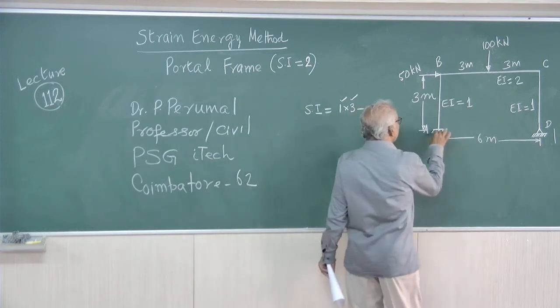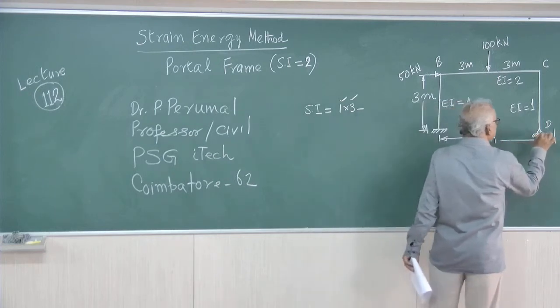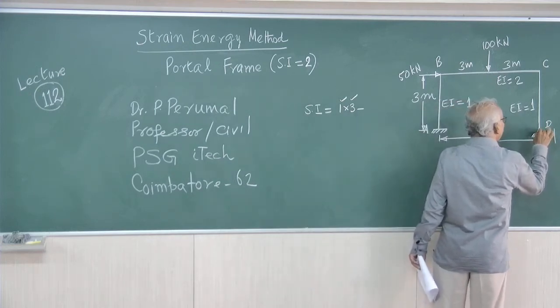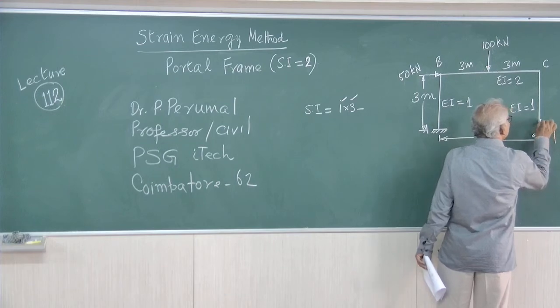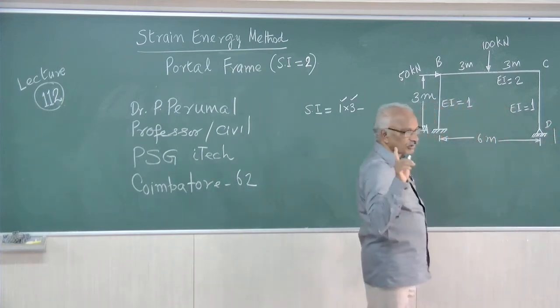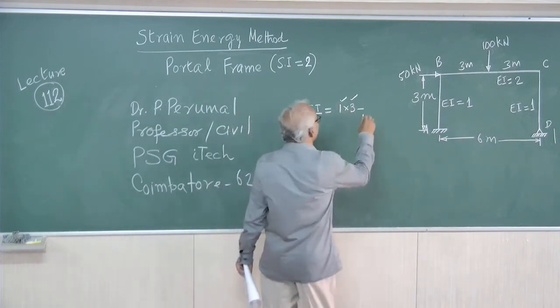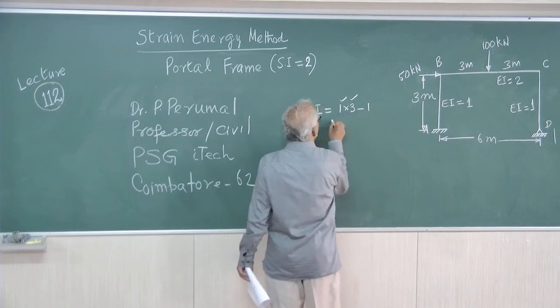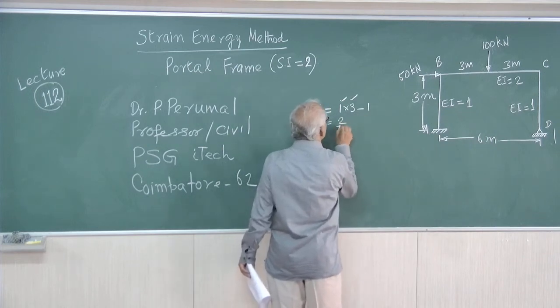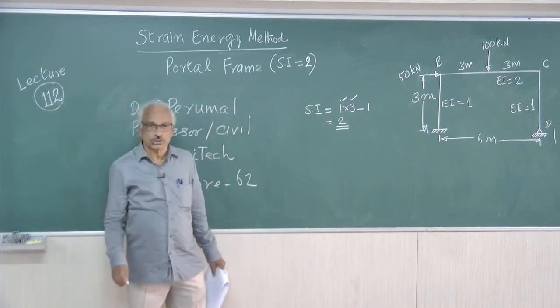Now, here it is fixed, no release here. Here it is hinged. It cannot move in the horizontal direction, it cannot move in the vertical direction. But a hinge is free to rotate, therefore, there is one release, there is 1 degree of freedom. Therefore, number of releases is 1, therefore, 3 minus 1 equal to 2. So, the degree of static indeterminacy of the structure is 2.